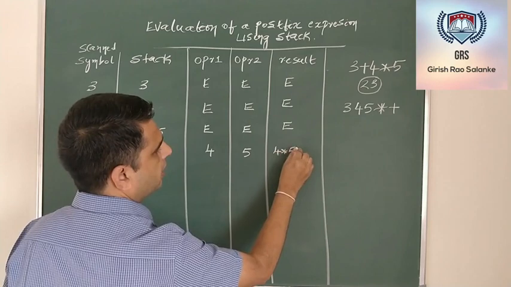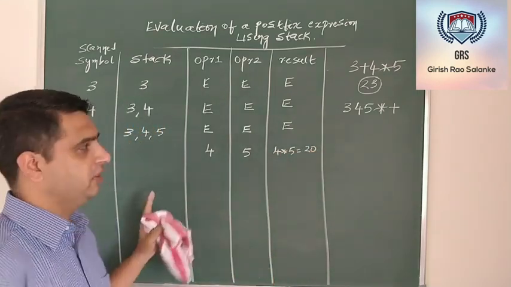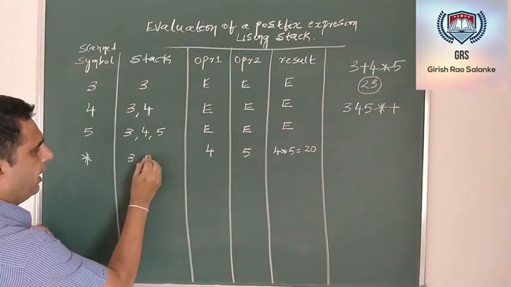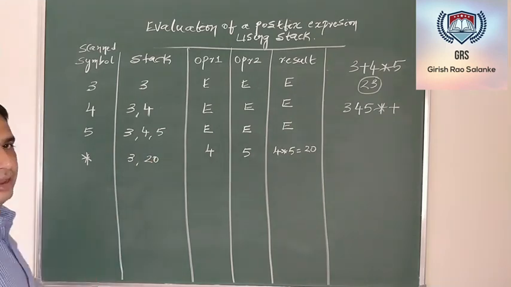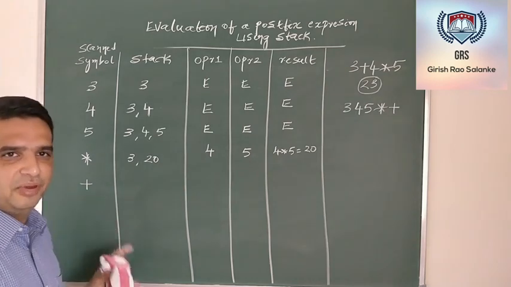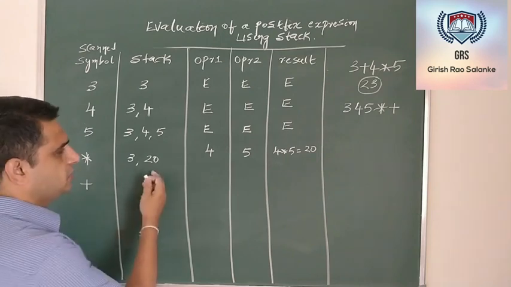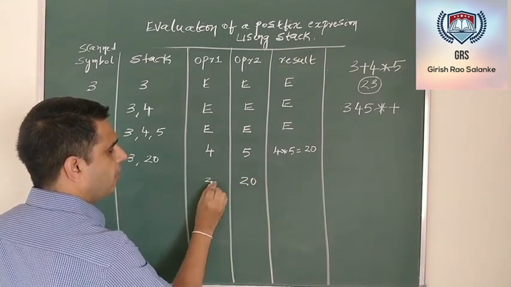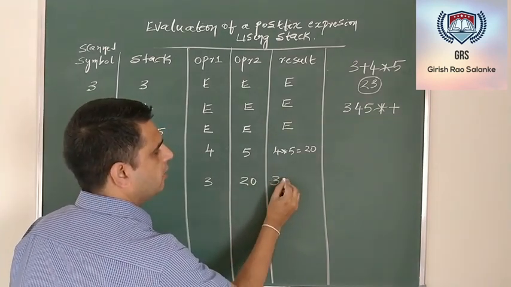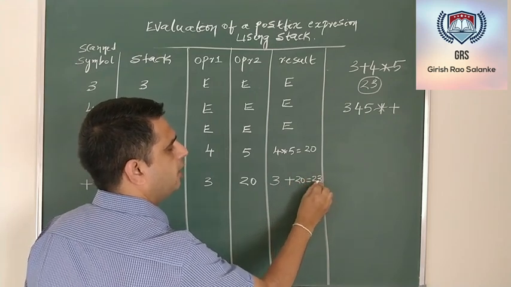Perform the operation 4 multiplied by 5, that is 20, and this 20 needs to be pushed onto the stack once again. Now your stack will have 3 as it is because we have not popped 3, and 20 will be pushed onto the stack. Next scan symbol is plus. The scan symbol is once again an operator. Pop 2 elements from your stack. The first popped element is operand 2 and the second popped element is operand 1. Now perform operand 1, operator, operand 2,